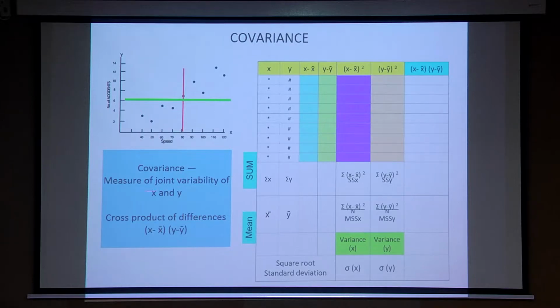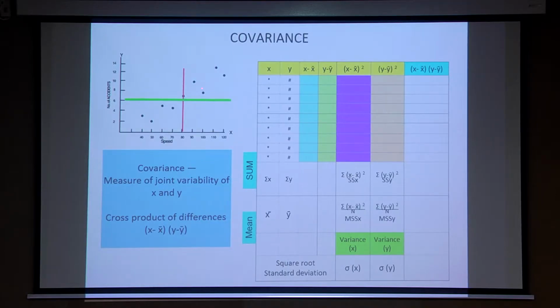This is known as the covariance. Covariance is the measure of joint variability of X and Y. If placental thickness increases, gestational age increases. But how far do they jointly vary with one another? If the speed of the vehicle increases, the number of accidents also increases. But how far they jointly vary, that is the measure we are going to see here.